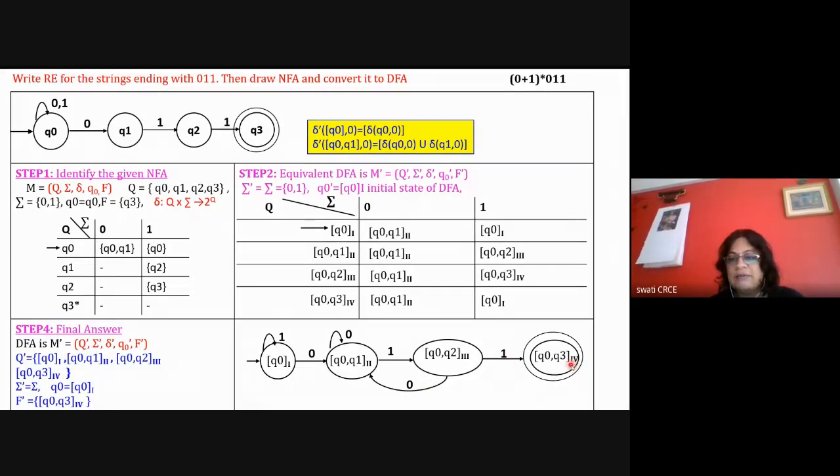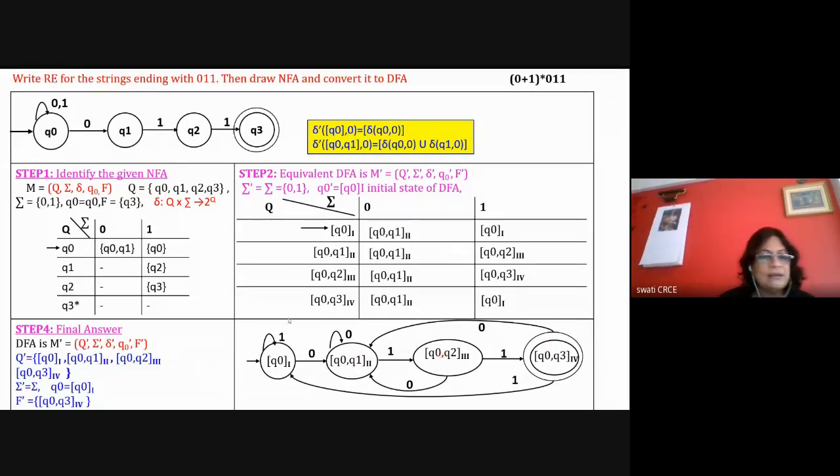For the fourth state, if there is any 0 or 1, it has to start again. For 0 it will go back here to the state 2, and with this 0 1 1 it will end, but with 1 it will go back to the initial state, and then again after this 1, after 0 1 1 it will go to the final state. So this way we can verify the answer. Okay, and then write down the final answer.